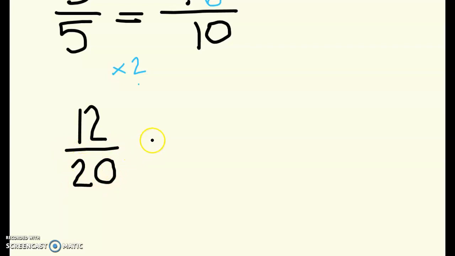They might give you 12/20ths is equal to how many fifths? And then again, I'm looking here at the bottom. I would say 20. This time I'm going smaller, so I would be dividing. 20 divided by 4 gives me 5. So I would have to divide 12 by 4, which would give me